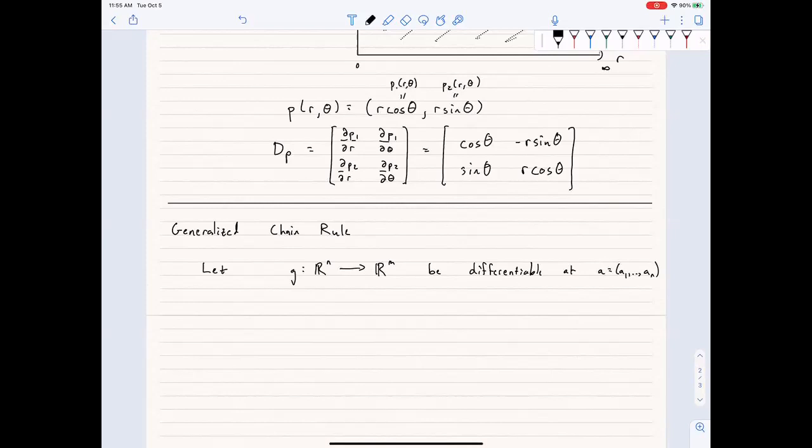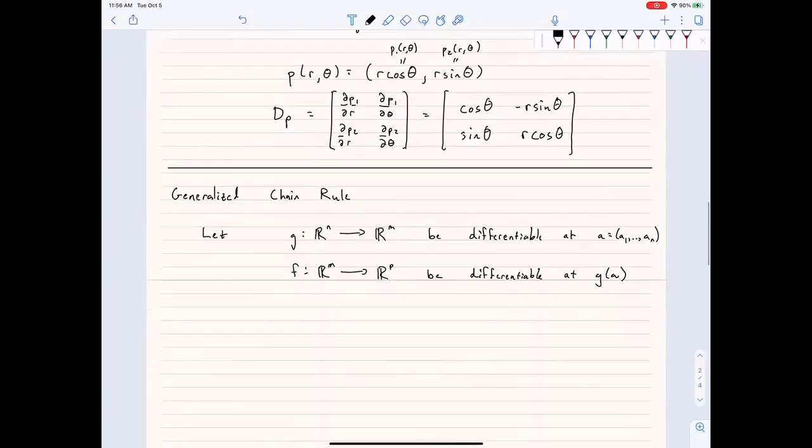And F is also going to be differentiable, but it's going to go from Rm to Rp. It's also differentiable at the value that we get when we apply G to A, so at G of A, which you can write down as M different points if you want, but I won't worry about it. Then